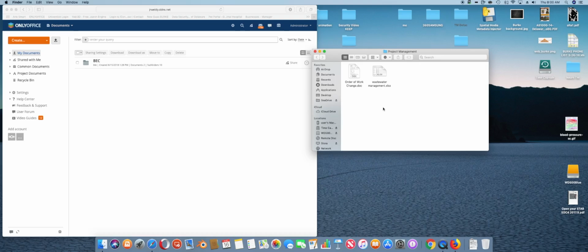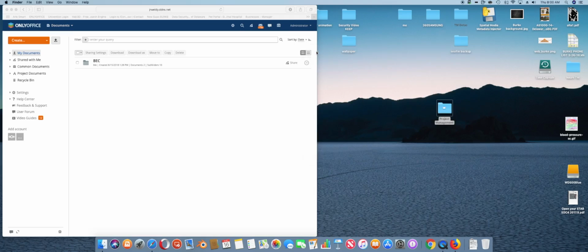So I have a project management folder here, and I have a document with order of work change, work order, and wastewater management XLSX spreadsheet. And that is a Gantt chart. So we're going to go ahead and drag that whole project in. And I'm going to just consider this to be a new project that I'm starting. The bid process has been approved, and we're a construction company, and we're going to start mobilizing